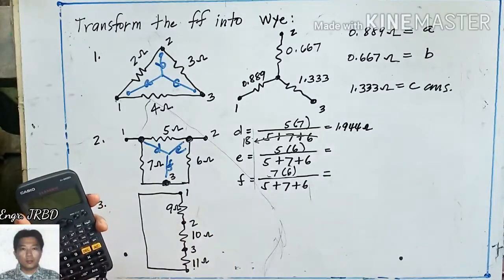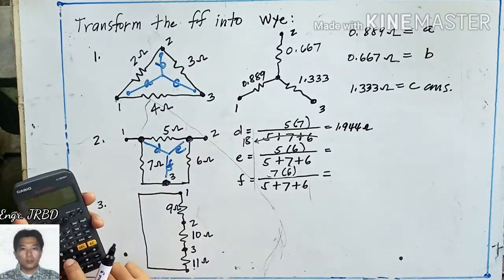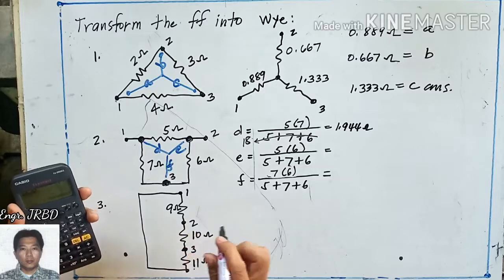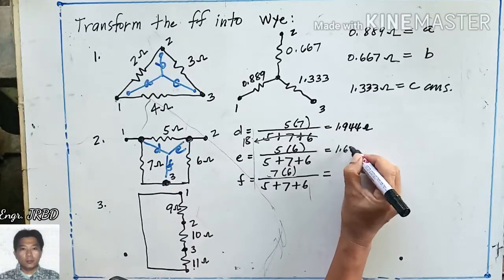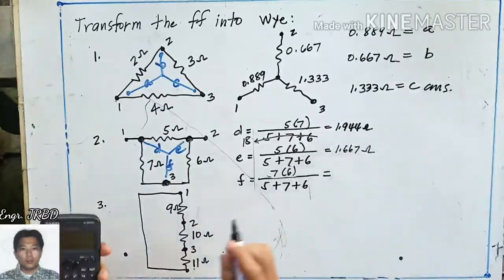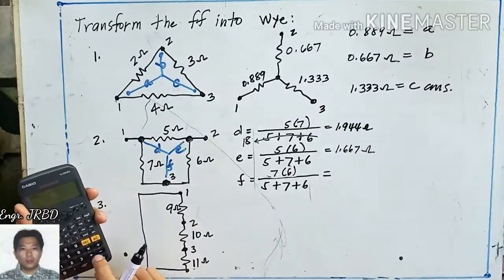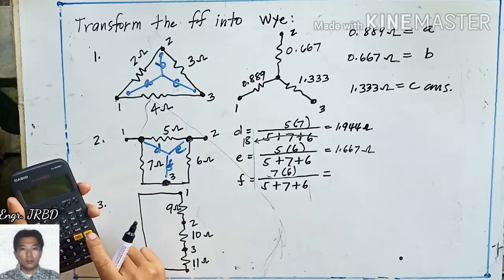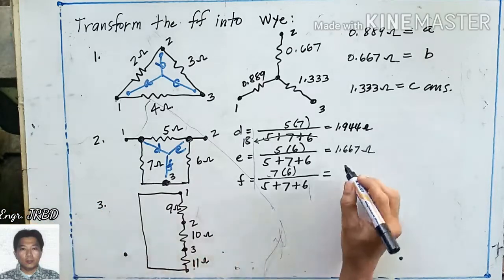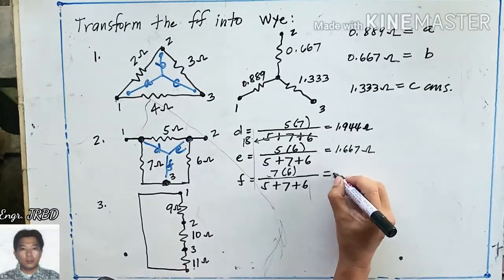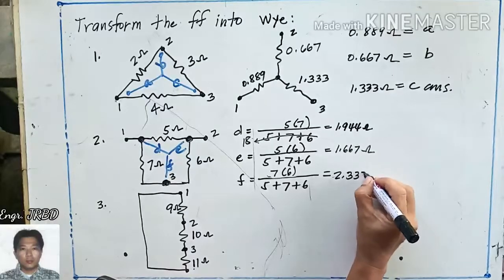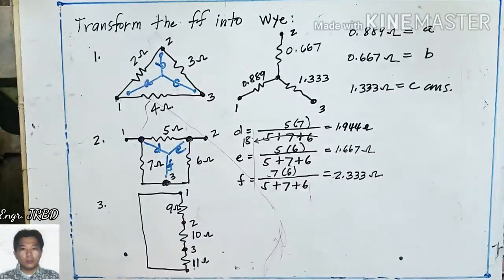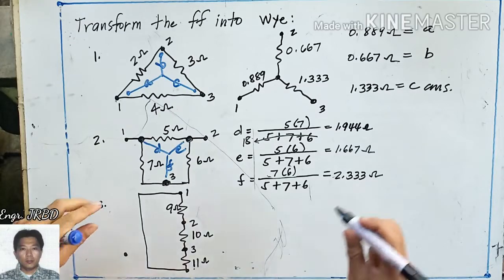Another one, 30 divided by 18 is 1.667. Then the other one, 2.333 ohms. Okay? So if we try to redraw the equivalent circuit,